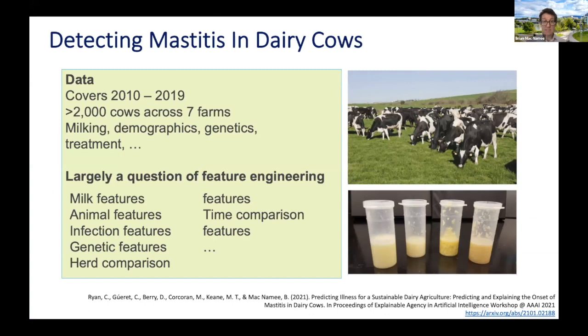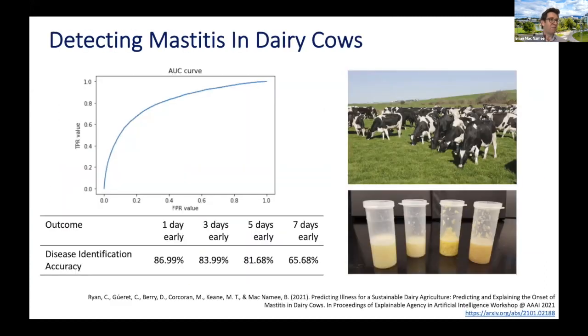We have been testing this, working with collaborators in a research organization called Teagasc in Ireland, and the company Accenture, using data sets covering the last 10 years of a large collection of dairy herds that Teagasc operate. And we can do this reasonably well, up in the mid to high 80% in terms of accuracy for 1 day out. And then as we start to make our forecast further into the future, the accuracy starts to creep down a little bit. So we've obviously been trying to improve on that.